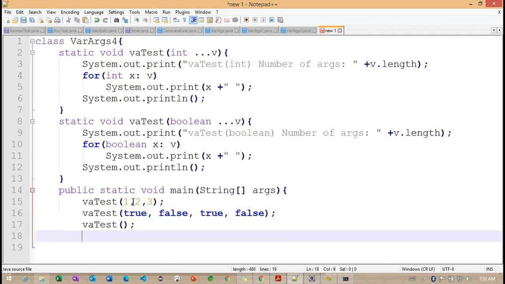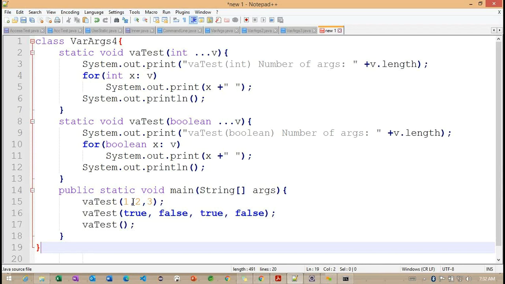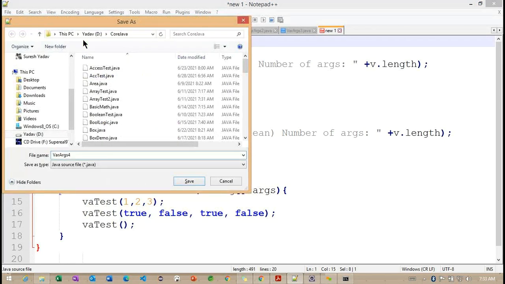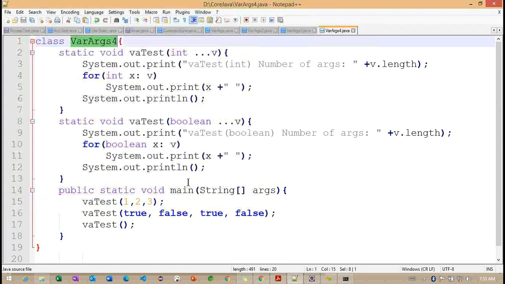And here I'm not passing anything. Getting the point? I'm not passing anything here. So just think about this example. Whether it is going to compile successfully or not, and if it compiles, which one is going to execute here?